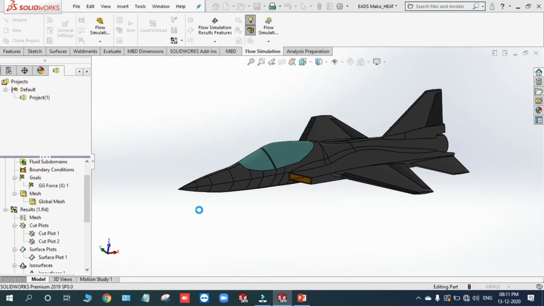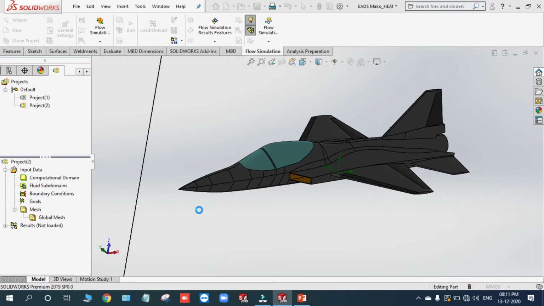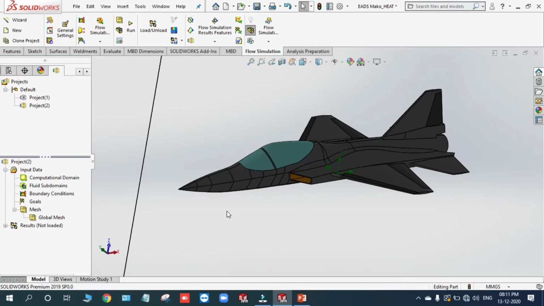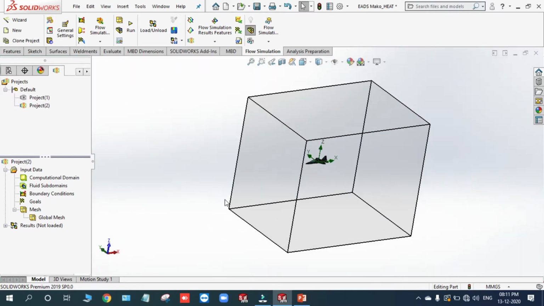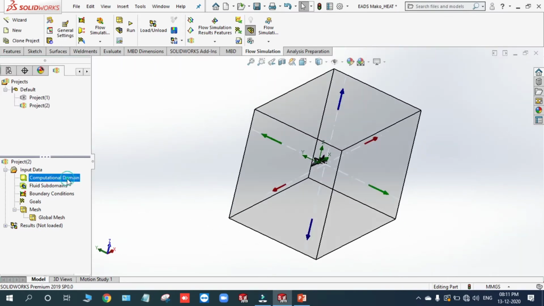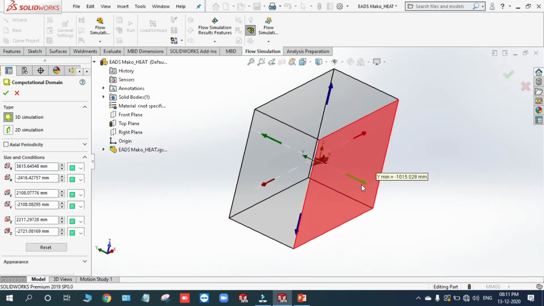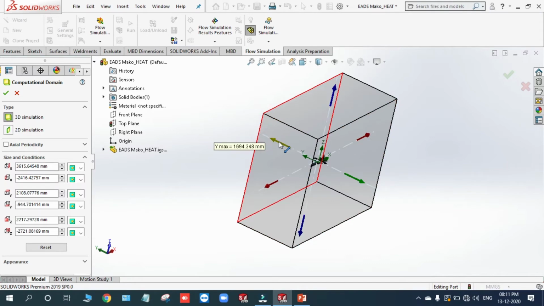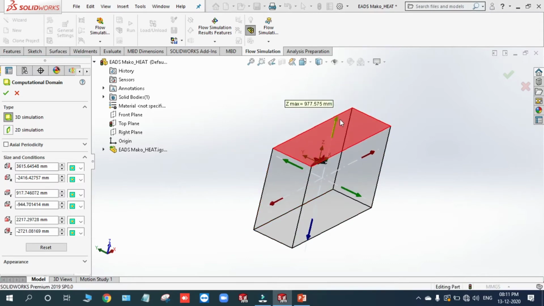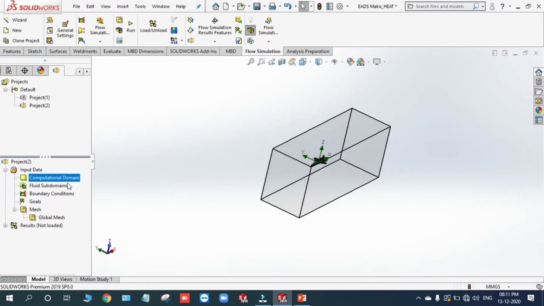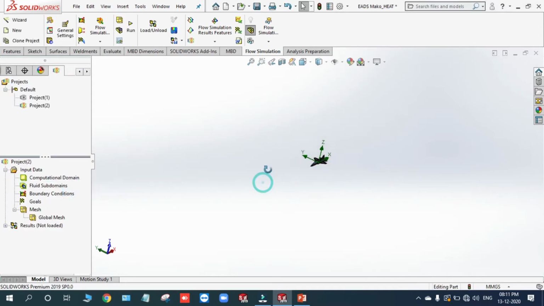Project 1 I have already created, because running everything and storing the results is going to take time, so I'll just showcase the project 1 results. Now this is the computational domain. You can reset it by using the array definition, and by using these values you can reorient everything. You can just use the dragger to readjust everything like this, even the heights. Once you define this, just hit enter, and you can hide it for your convenience.